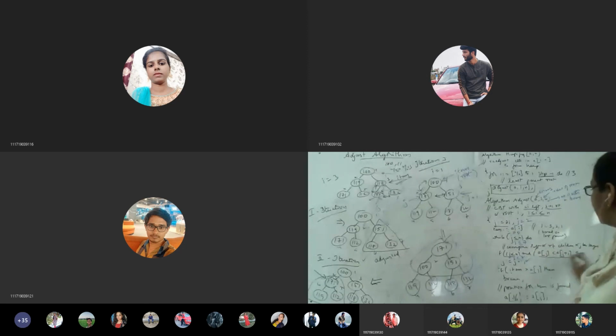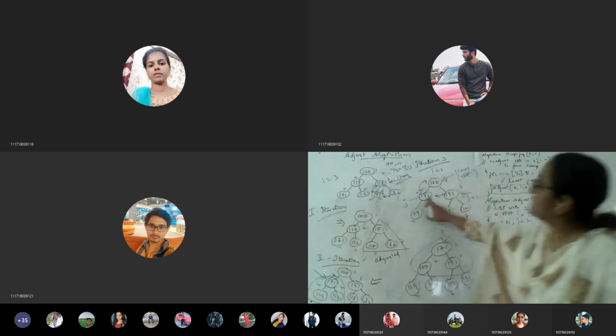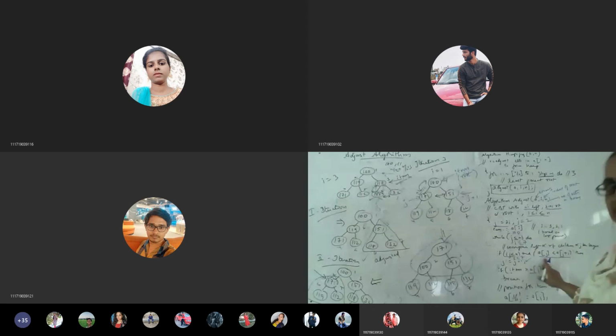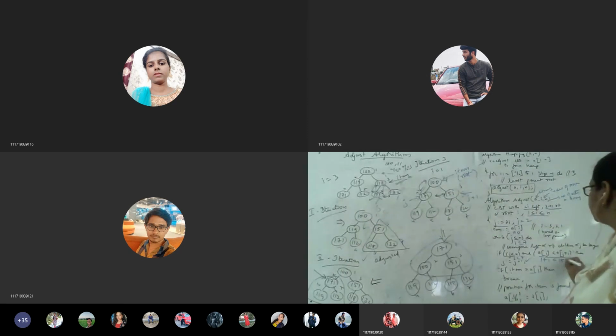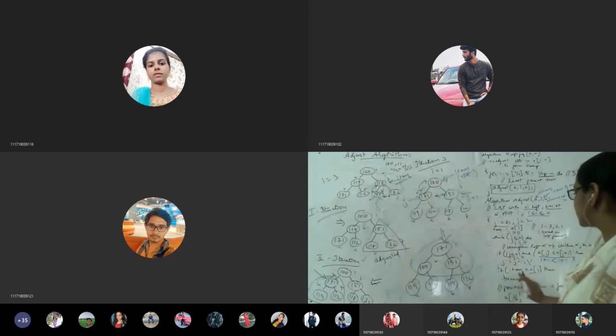And A of j. Here we are comparing left child and right child. So what is the left child? A of j means left child. So what is it? It is 171. A of j plus 1, it is 151. So is this true? 171 less than 151. This is false. So that's why j is equal to j plus 1 won't be iterated. So it goes to the next condition.